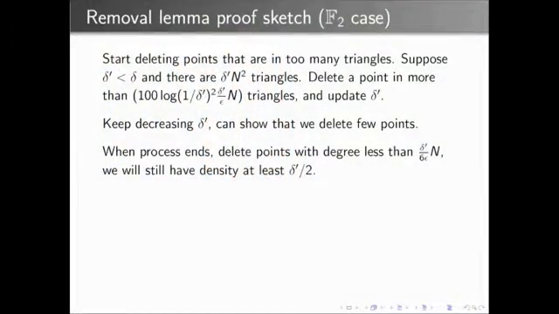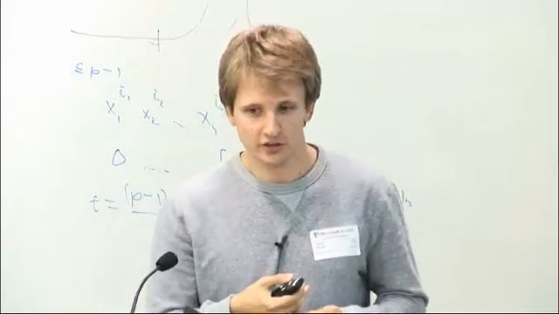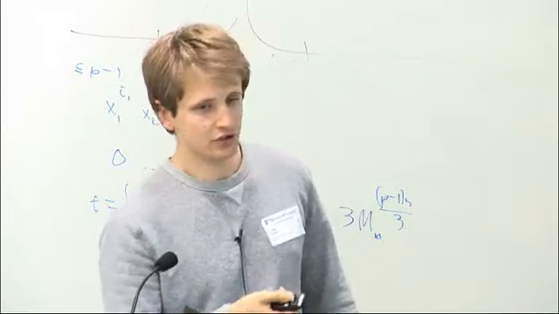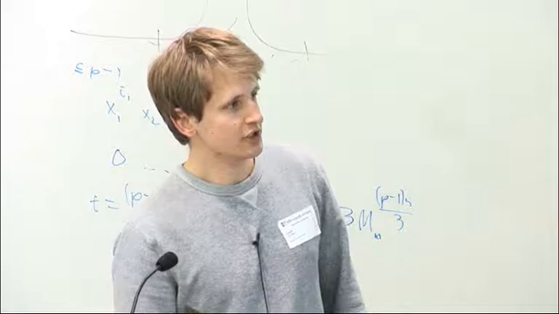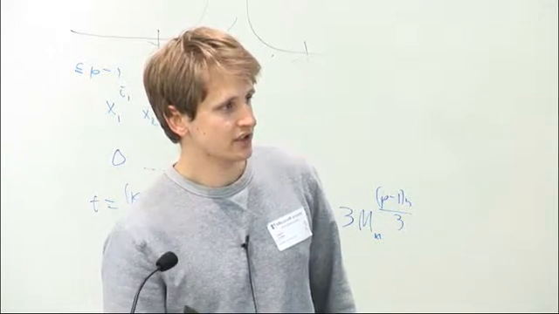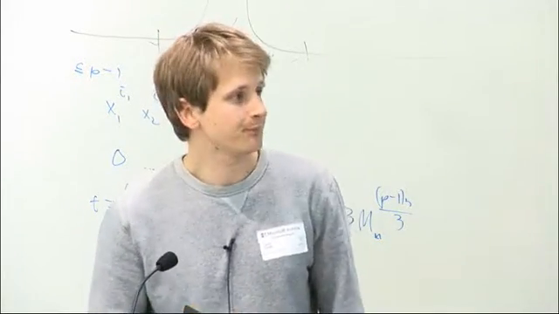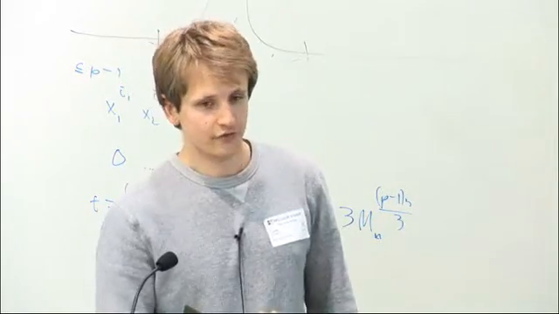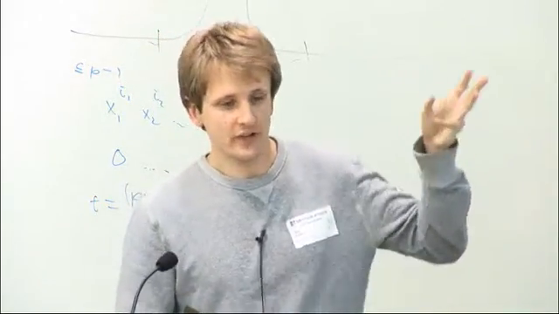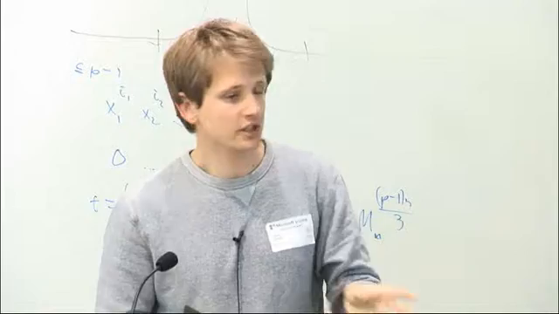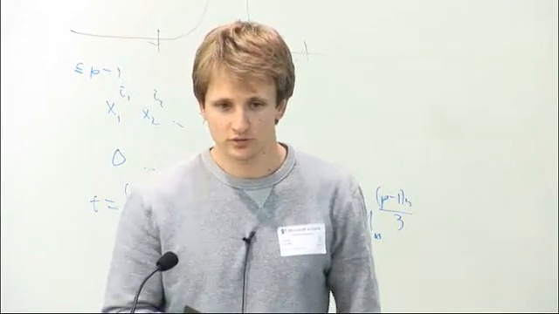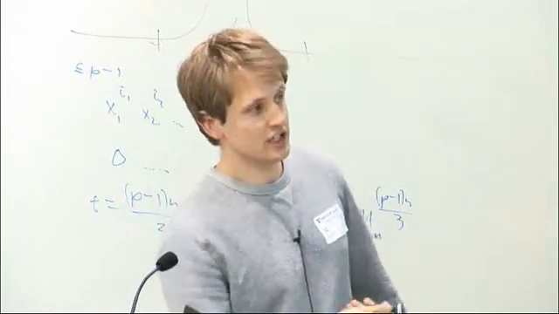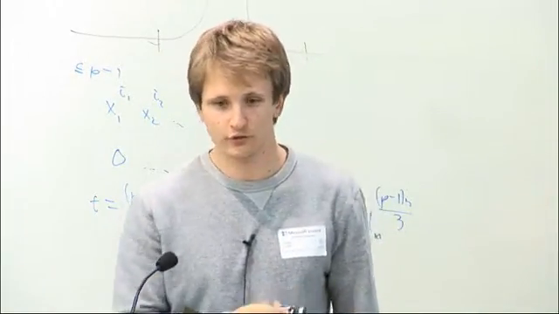And so when this process ends, we've gotten rid of the points of high degree, and we've kept at least a constant fraction of the epsilon n points. Then after that, we delete points with degree less than delta prime over 6 epsilon. Since we have at most epsilon n points in each set originally, we end up deleting at most a delta prime over 2 fraction of the triangles. So we keep at least a delta prime over 2 fraction of the triangles,